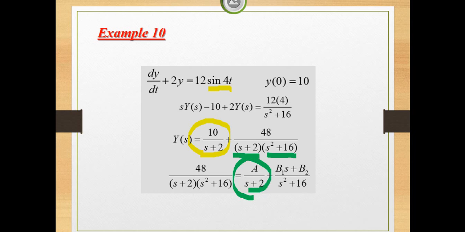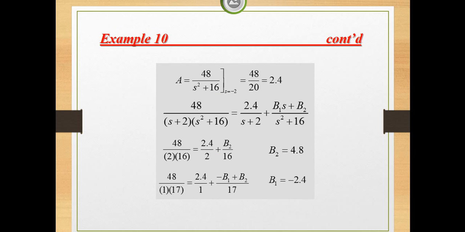We don't have any problem with this, so this one will need the method of partial fraction if you want to. However, class, if you could see, this is readily invertible as long as we know already the undetermined coefficients or the constants b sub 1 and b sub 2. And since we still do not know the 2 and even a, we need to use the method of partial fractions. So if you use the method of partial fractions, in the case of this one, the quadratic factor,